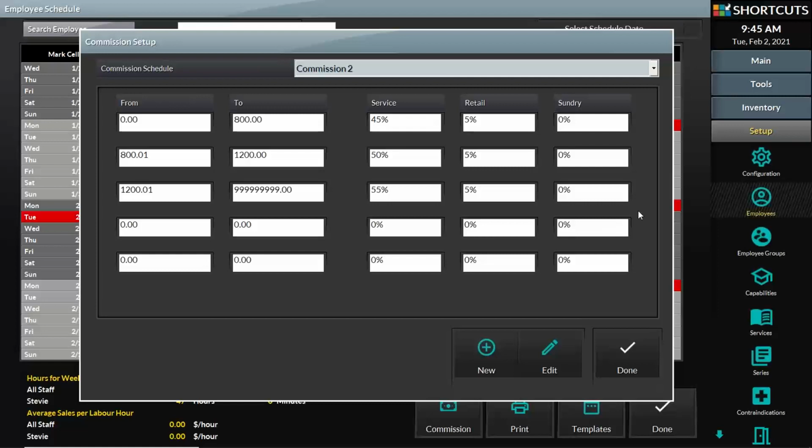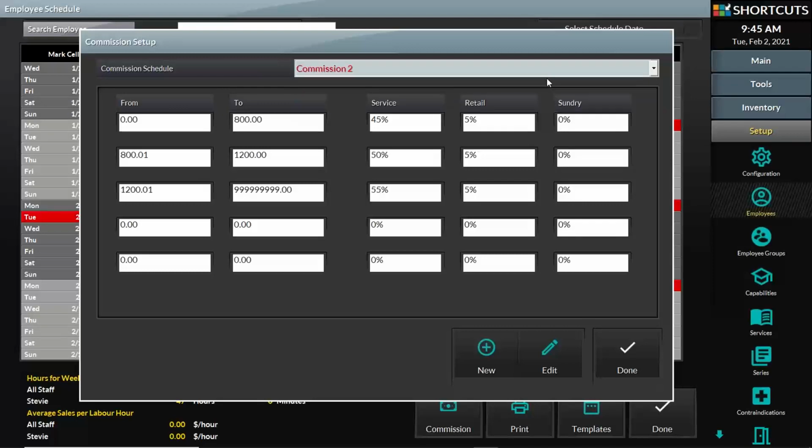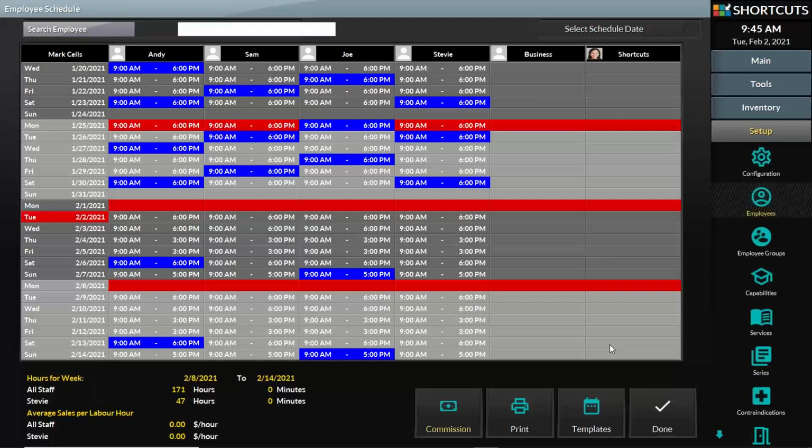So this depends, of course, on your business, how you're setting commissions. Are you giving the staff a commission for services? Are you giving the staff a commission for retail? Do they get a commission for both? So by default, there are no commissions in Shortcuts. You have to create these. And let's explain the screen. So when you go to create a commission,